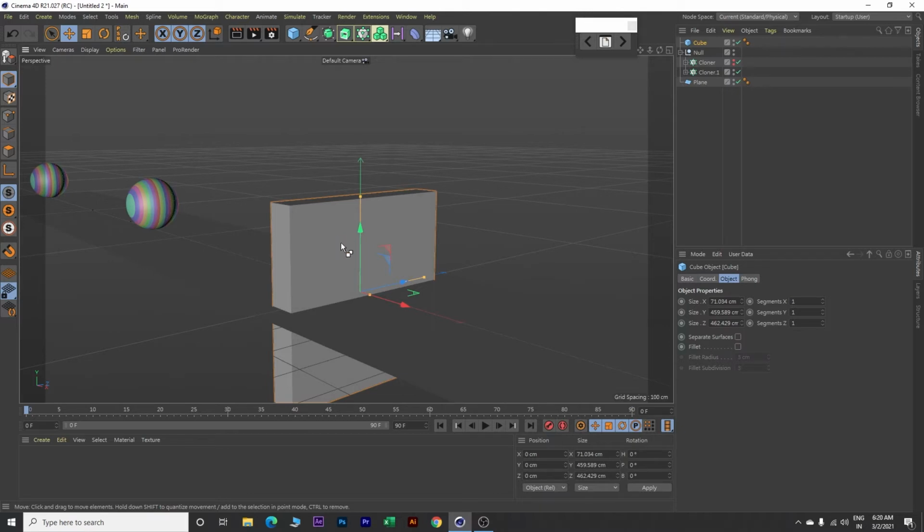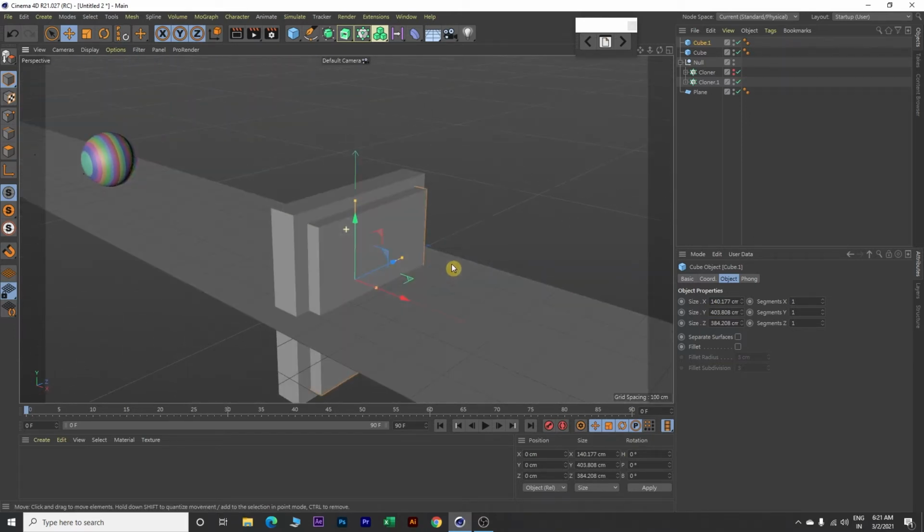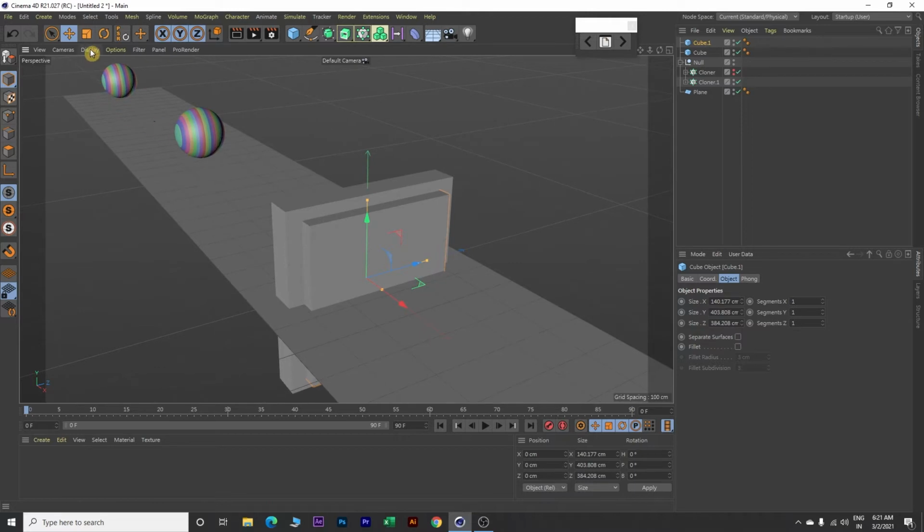Okay, now what we'll do is we will click on this, we will copy it by clicking Ctrl C, and we will paste it on the same place by clicking Ctrl plus V. Now we have both the cubes on the same place. So what we will do is we will resize the newly pasted cube. So drag it like this, resize from here and resize from here. Okay, this looks good. Make it little bit taller here, and this is how it now looks like. We will click on display and click on Gouraud shading lines.